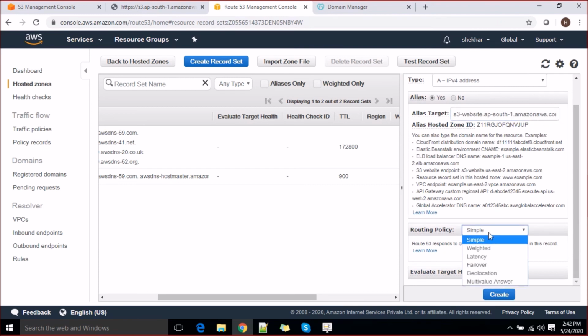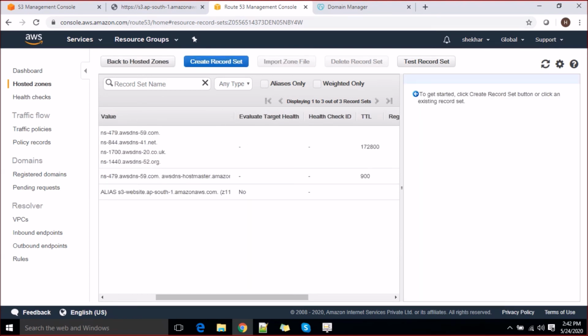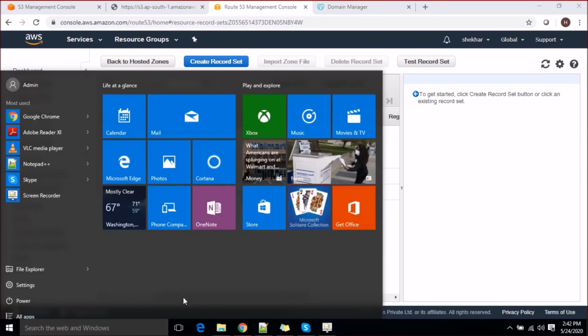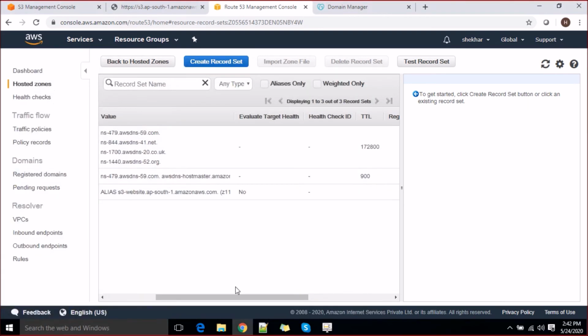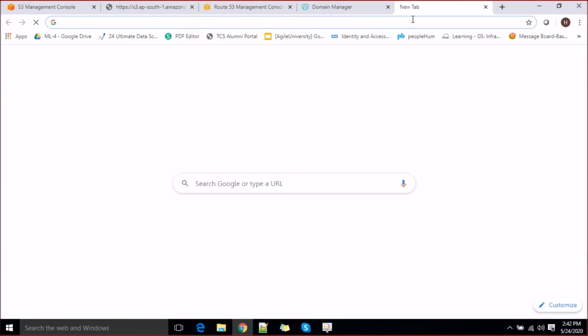You can come down and see what kind of routing policy you are looking for. Let's go for simple at this moment. Click on create, right? So now you do not need to put this CNAME in GoDaddy, right? That's already there for you now. So just go ahead and see if this endpoint works for you.